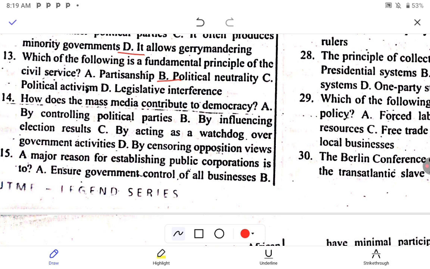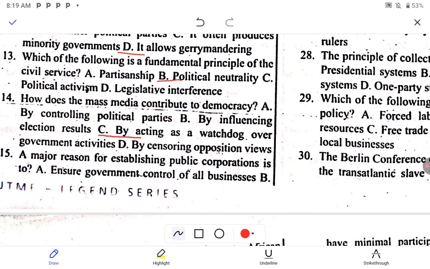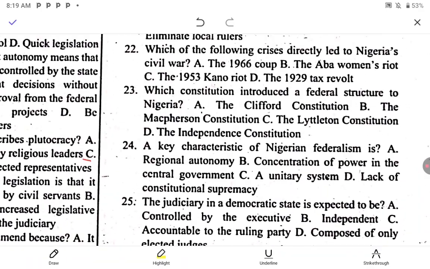The correct option to question 14 is option C. So let's move to question 15. So let me show you the complete options.